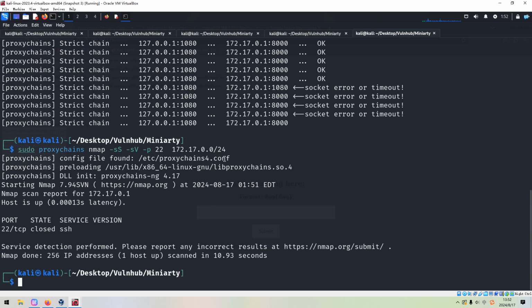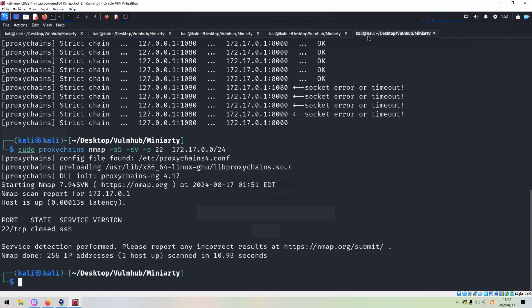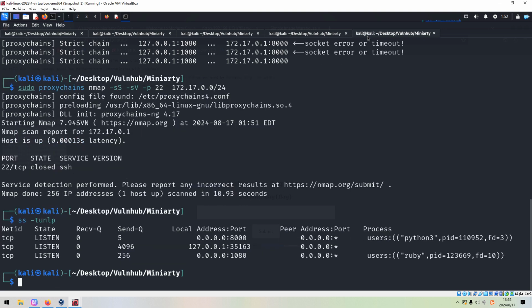Or we can use another way, which doesn't matter. So maybe we have a problem with the SOCKS proxy. Do I have to restart the Meterpreter? Sorry, Metasploit.